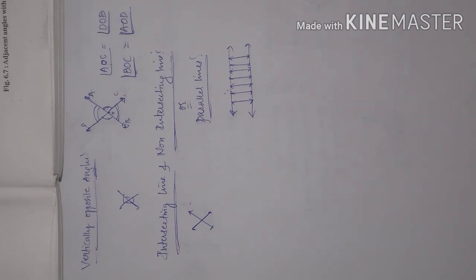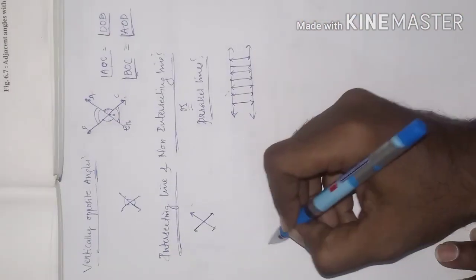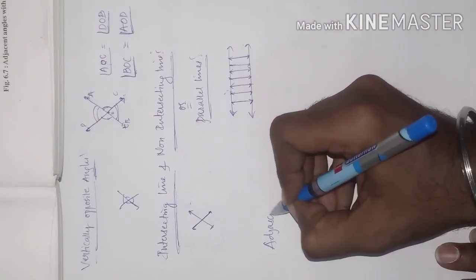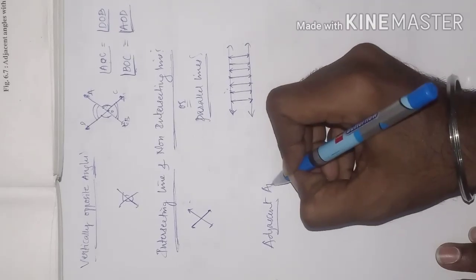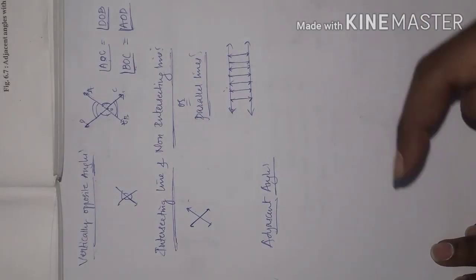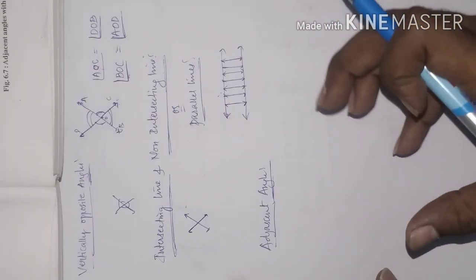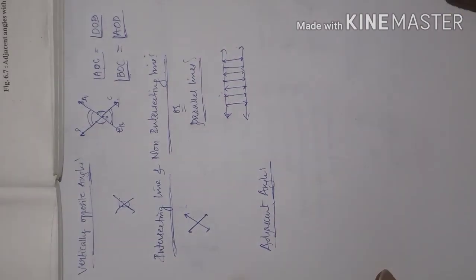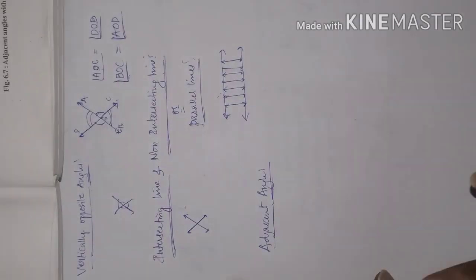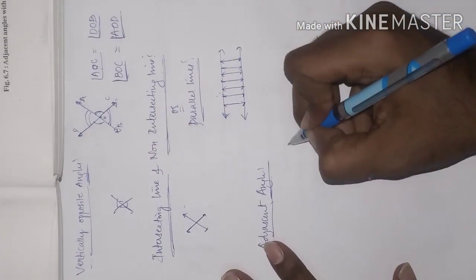Now let us show you some examples or a diagram of adjacent angles. Just for knowledge's sake, because most of the people get confused with adjacent angle and linear pair, and supplementary also. Let me show you some examples or a diagram of the adjacent angle. We'll identify whether this is adjacent or not. Let me show you.